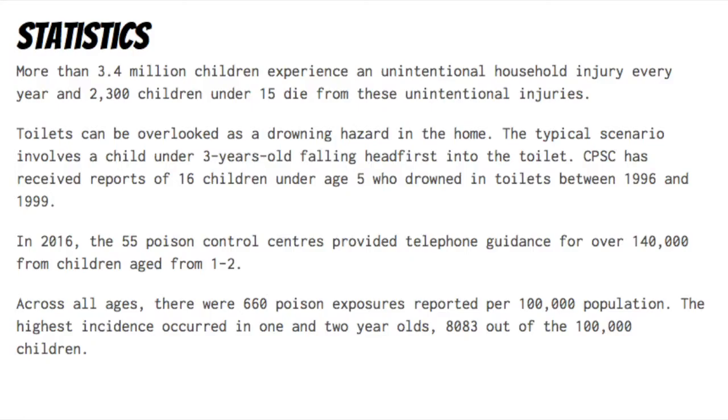More than 3.4 million children experience an unintentional household injury every year, and 2,300 children under 15 die from these unintentional injuries. Toilets can be overlooked as a drowning hazard in the home. The typical scenario involves a child under 3 years old falling headfirst into the toilet. CPSC has received reports of 16 children under the age of 5 who have drowned in toilets between 1996 and